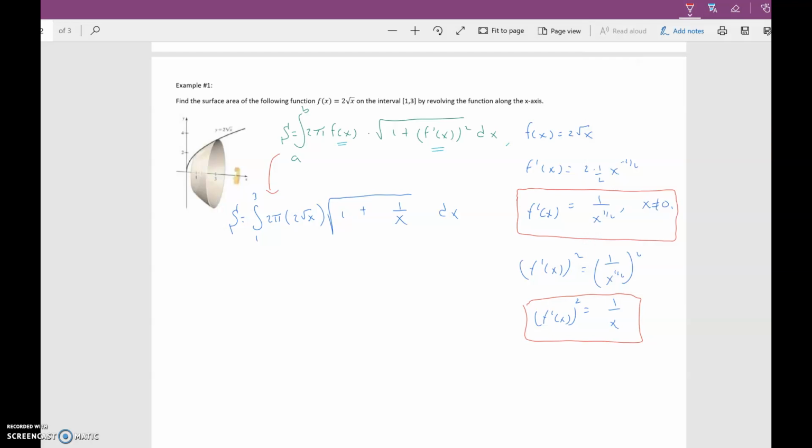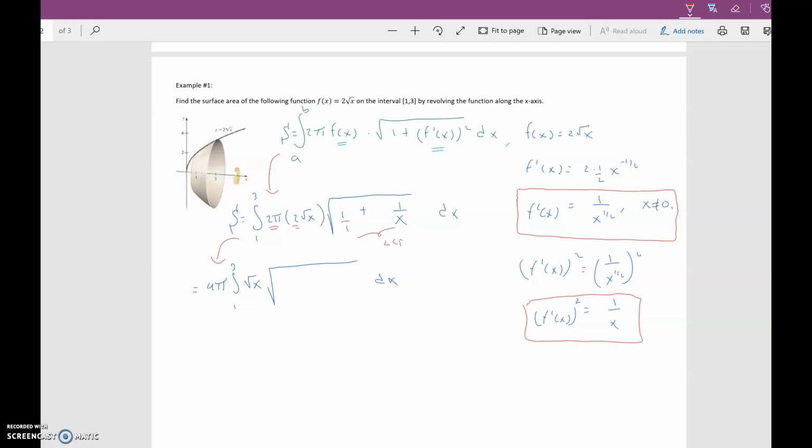And for the next problem, let me actually extract the constants. So extracting the constants, it's going to give us a 4 pi integral from 1 to 3 of the square root of x square root, and let me just put the dx there. Now the best step for any of these problems that have a messy fraction, and this may not work for all of them,